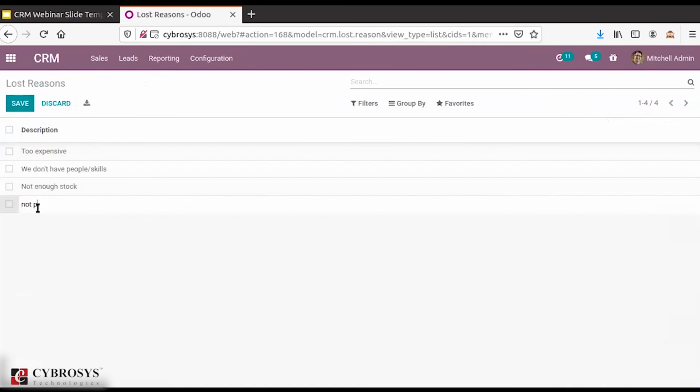You can just simply type it. It is as simple as that to create the lost reasons, or to monitor the lost reasons for your opportunities within Odoo. And suppose you want to retrieve your lost opportunities and then conduct certain actions on them, like sending emails or making feedback calls. For that, we have seen one option: while marking it as a lost opportunity itself, you have the option to restore it.